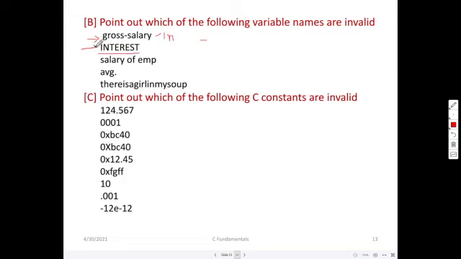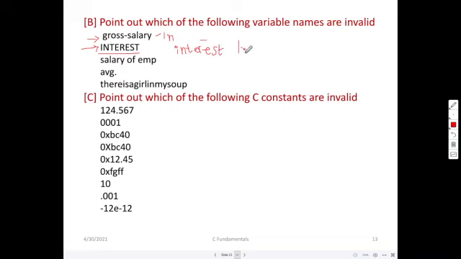How about this? All are caps. Whether this is allowed in C as a variable name? Yes, it is allowed, but all the variable names are case sensitive as far as C is concerned. Suppose I am using interest in all small letters, and INTEREST in capitals, this is a different variable name and this is another variable name.